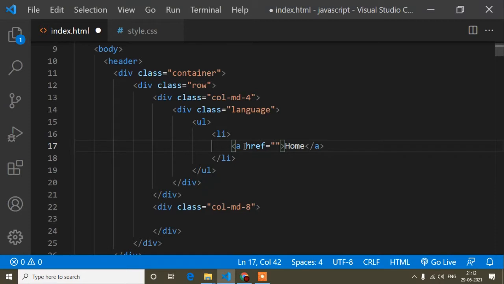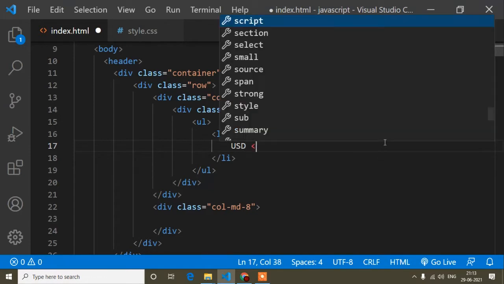Here we just link the path, like https or our page name, like home.html, so it will redirect to the home.html page. But here I will not redirect anywhere, I will just write a click method. So I will not write like this.